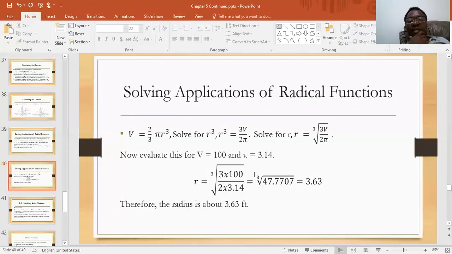So we have V equals 2/3 pi r cubed. Now we will find the inverse of this function as a function of V. So first we set the equation r cubed equals 3V over 2 pi. So r equals the cube root of 3V over 2 pi. So when V equals 100, we fit that into this equation to get,